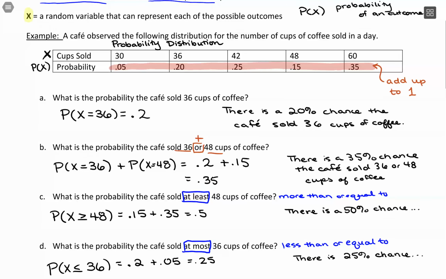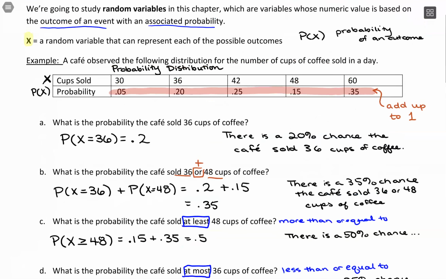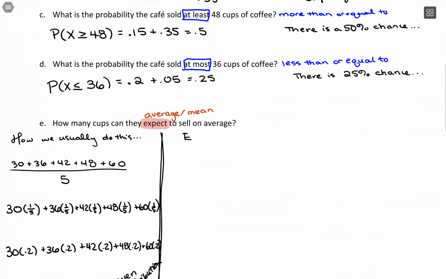So if we're taking the average how we usually did it, and having 30 represent 20% of the data, we shouldn't have an even distribution here. It's giving too much weight to that 30. And then the outcome of 60, which has a 35% chance, we want to give some weight to that. That has the highest probability of occurring. So in terms of average and expected value, in terms of what we expect, we want to give weight to the things we expect more and less weight to the things we expect less, so that we're distributing these probabilities across our values. So this idea of expected value,